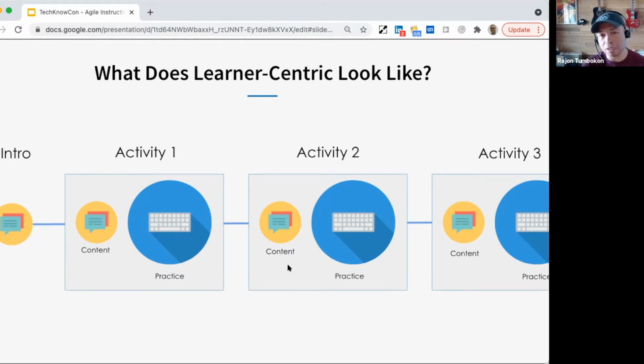So this format usually has some context, like an introduction, and just enough content to get you started doing some work. As you see here, activity 1, activity 2, activity 3 progress and get incrementally harder as you go. All right, so that's learner-centric.